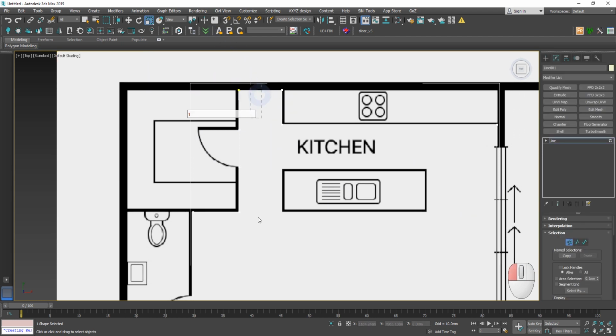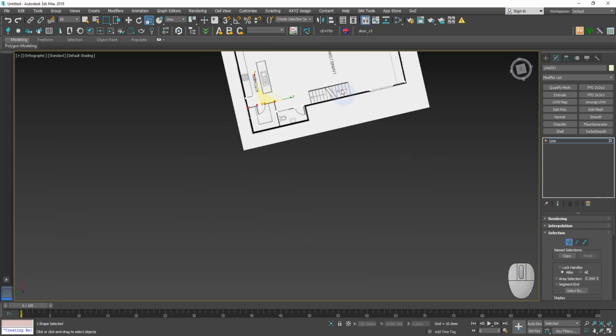I press on one key to switch to points. Here I take centers of all selected objects and scale them, aligning all the points in one line.